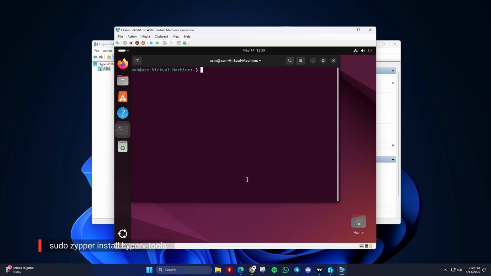OpenSUSE-based distributions, LIS is included in the kernel, but you may need to install additional tools. Then, enable LIS services. Alternatively, manually load LIS modules. To verify LIS is running,